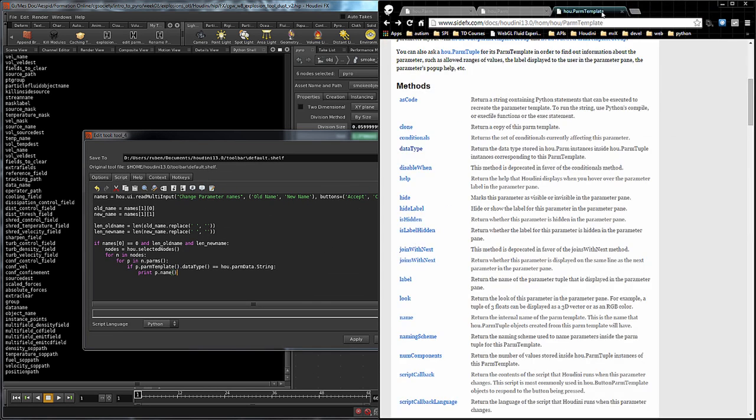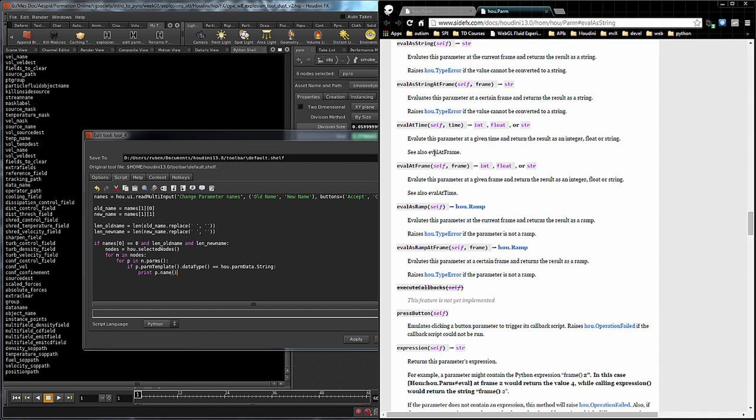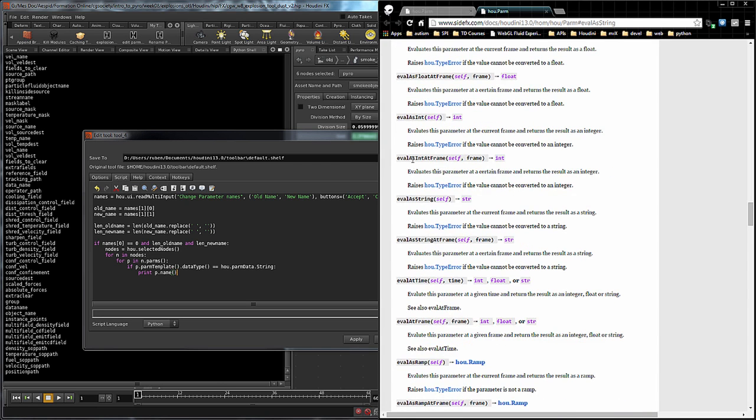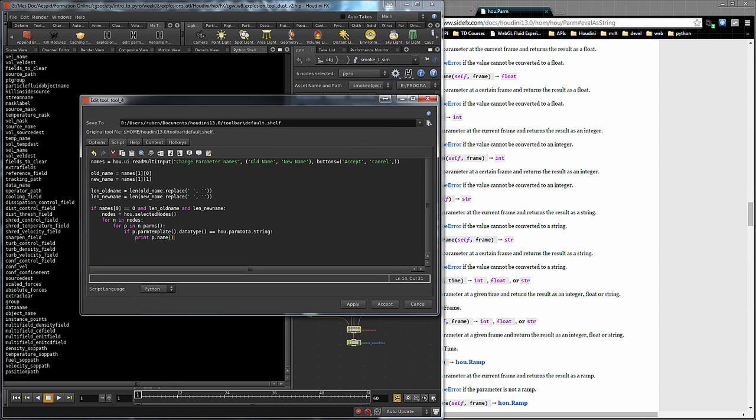Okay, so I can close this. Don't need this anymore. And now I'm going to be able to eval a string. What is it here? So it's going to return a string. So old parm is equal to p.eval as string, and if old name in p old parm, then we're going to